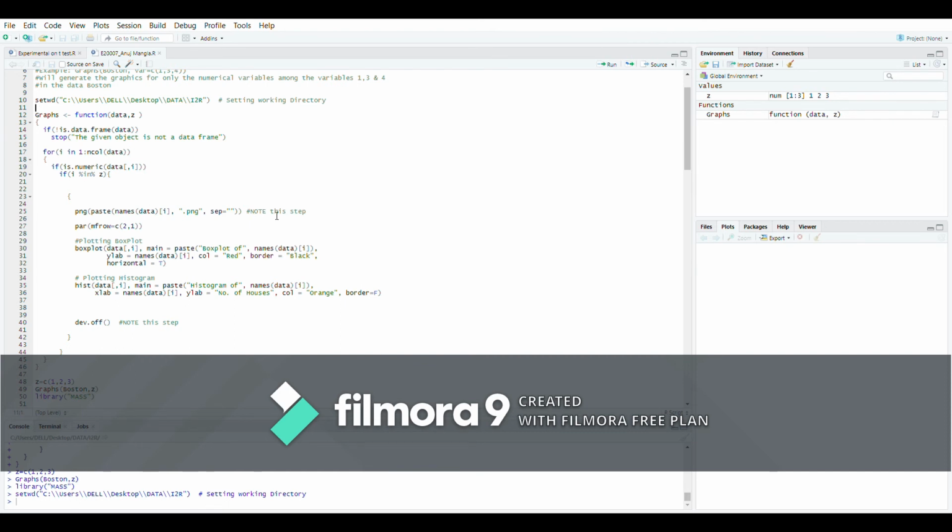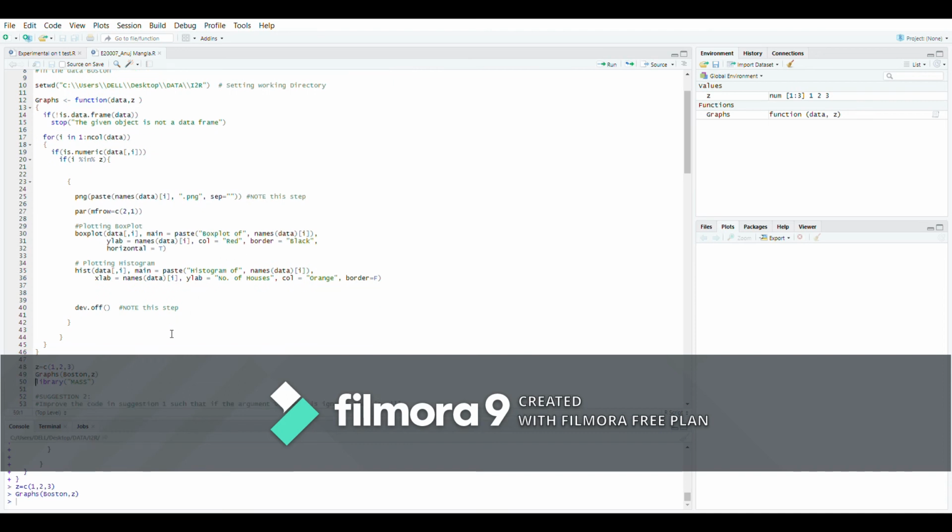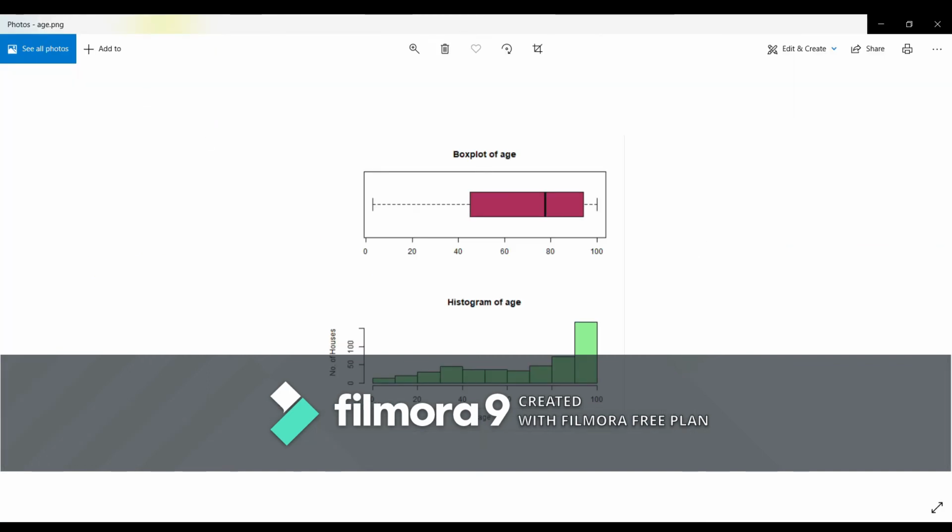Now we can run. As we can see, it ran successfully, so it will now save. Now how does it look? These are the graphs which we plotted here and stored in another file.